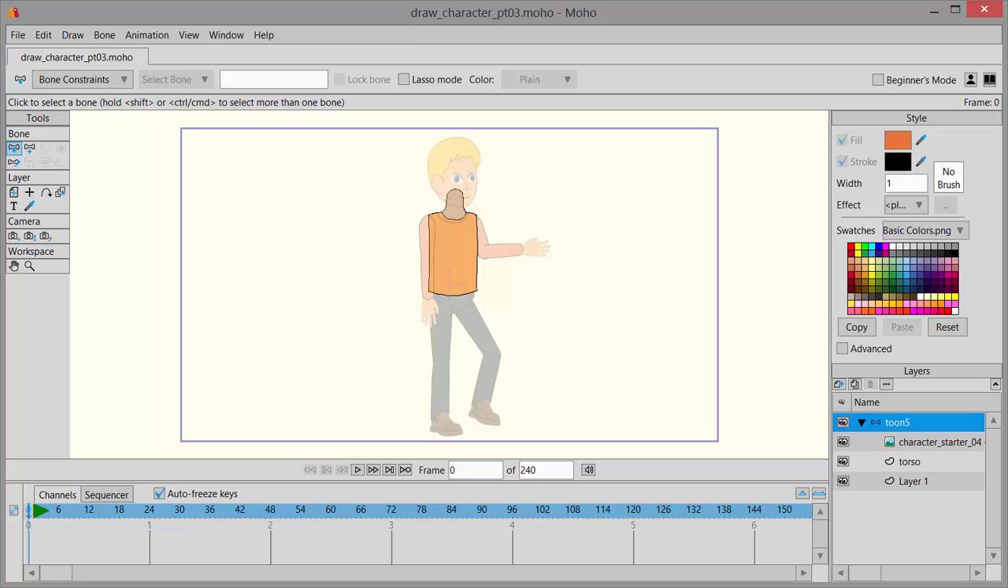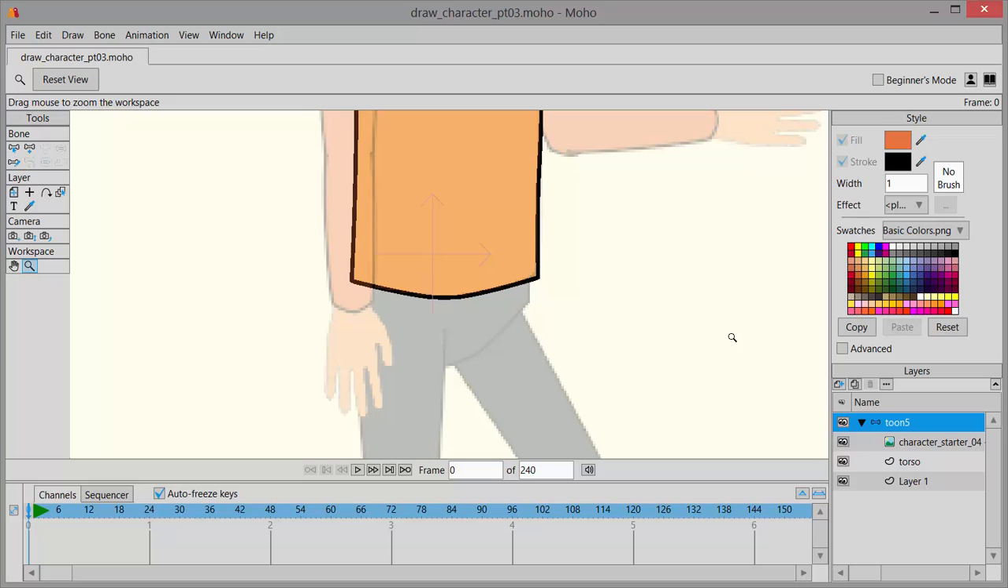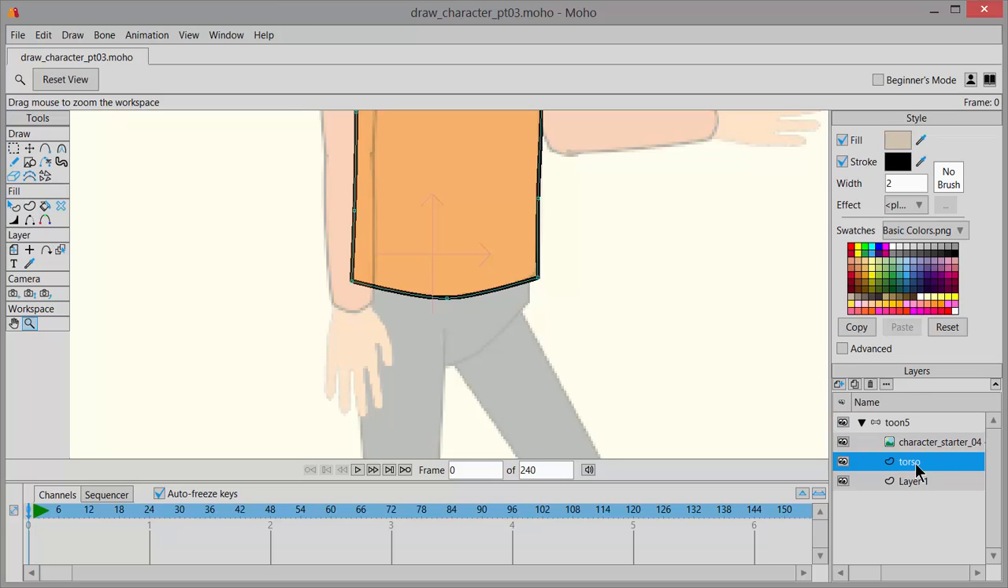Let's continue now by drawing another part on that torso. I'm going to zoom in. In the layers palette, I'll click on my torso layer. Now I need to draw the hips area. And since my character has a shirt and pants, I'm going to do a little bit of overlap with the